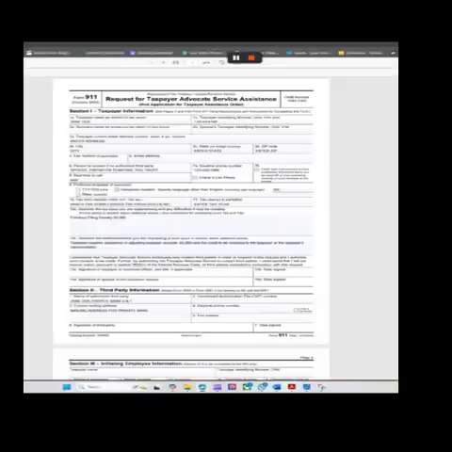So, Request for Taxpayer Advocate Service Assistance. You got a frivolous filing. I don't understand why this is happening, okay? I need help. All right. So the name of the taxpayer as shown on the tax return. You know what? I want to update this. All right. So the name of the taxpayer is going to be Doe Jane Mary. Okay, look at your driver's license, look at your passport. Okay, those two entities are the primary accounts that hold the majority of your assets.